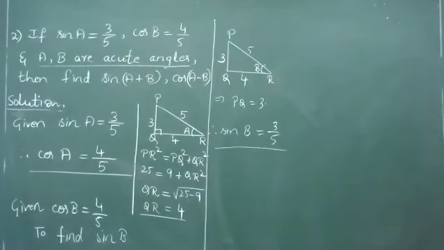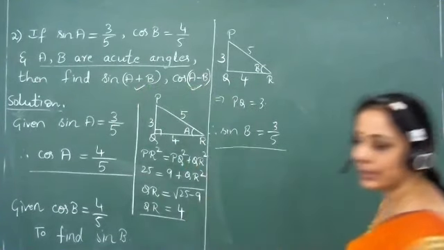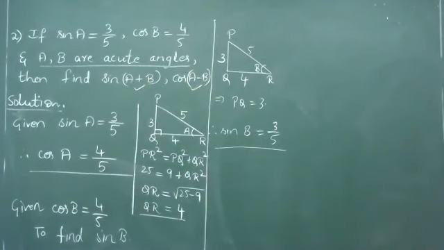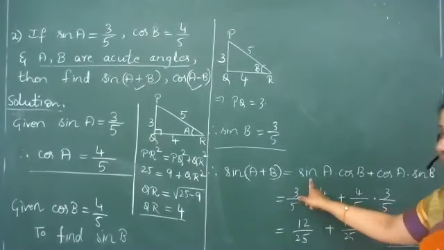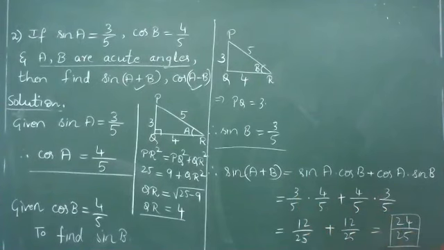Now this will have to be replaced in the formula of sin A plus B and cos A minus B, which is going to give us the answers to the given questions. So sin of A plus B is sin A cos B plus cos A sin B. We just have substituted all the 4 values. Simplifying, it is going to get us the final answer as 24 divided by 25. Similarly, now we shall apply cos A minus B formula and find out what is the answer.